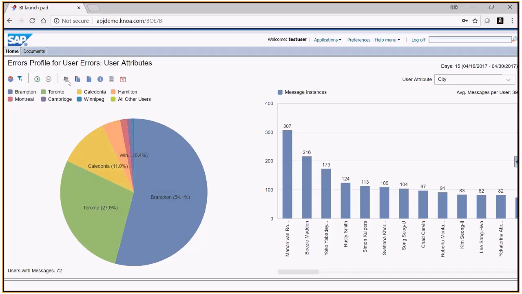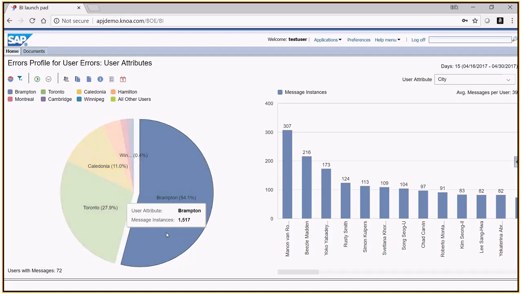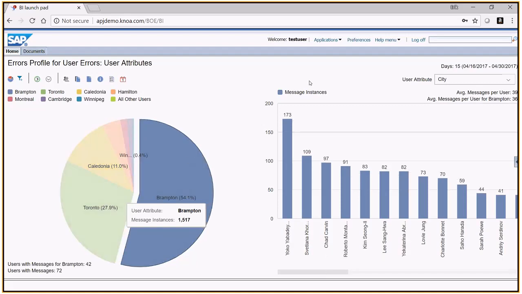If I look on the right, I see the users themselves, right? The individuals that have had the highest frequency of user errors for this function MM42. Now what I'd like to do is drill down a bit further. I want to choose the region that has the highest number of errors for this transaction. So I'll go ahead and click on that. You notice the right side of the screen here changed. And now I'm seeing the users themselves, specifically for this city, for this region, that have experienced the highest number